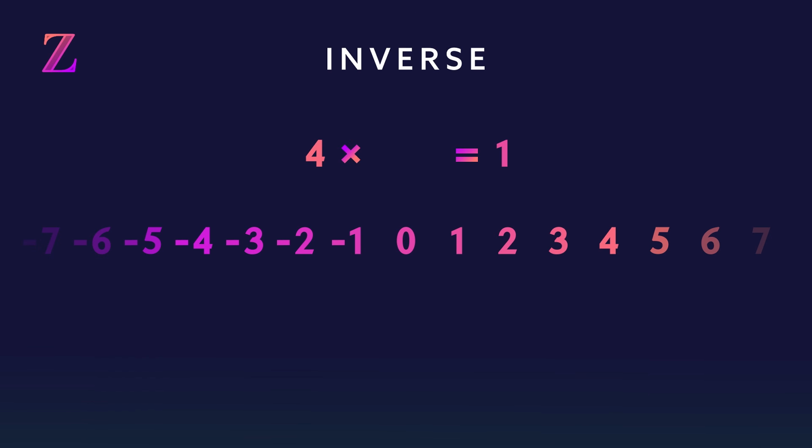For it to be satisfied, we would need to be able to get from any element back to 1. But to get, let's say, from 4 to 1, we would need to multiply by a quarter, which is not an integer and doesn't exist in this domain. So not all rules are satisfied, and this system does not get the privilege of being a group. But this hints that the rationals under multiplication do form a group.